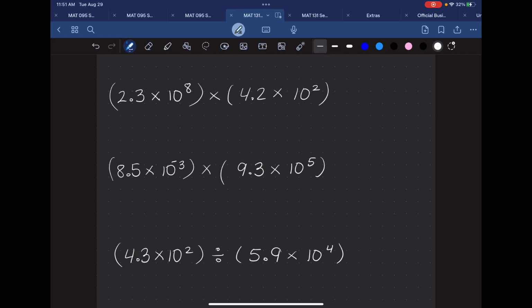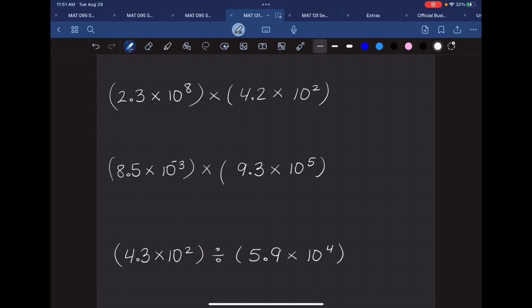Okay, so in this video, we're just going to talk about operations with numbers and scientific notation. And if you understand how scientific notation works, this really won't feel too bad. If you don't understand how numbers and scientific notation work, I would highly suggest rewatching or going and watching my scientific notation part 1 video. Okay, so when we want to multiply numbers in scientific notation,